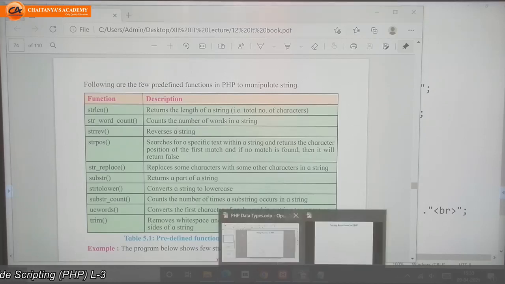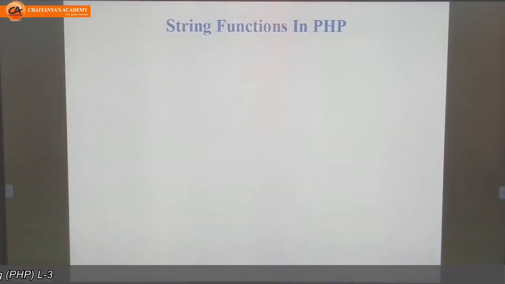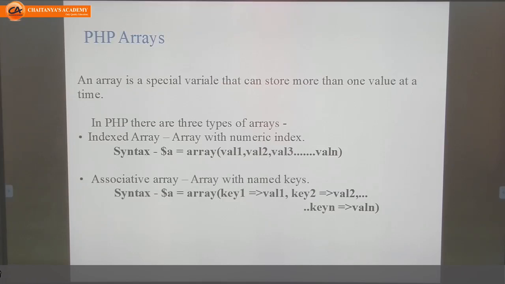Next, we'll see PHP arrays. Array means what? An array is also one data type, a special variable which can store more than one value at a time.